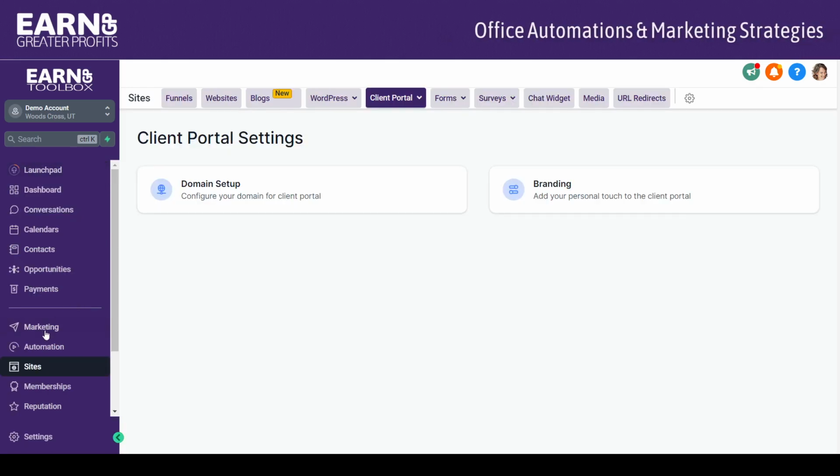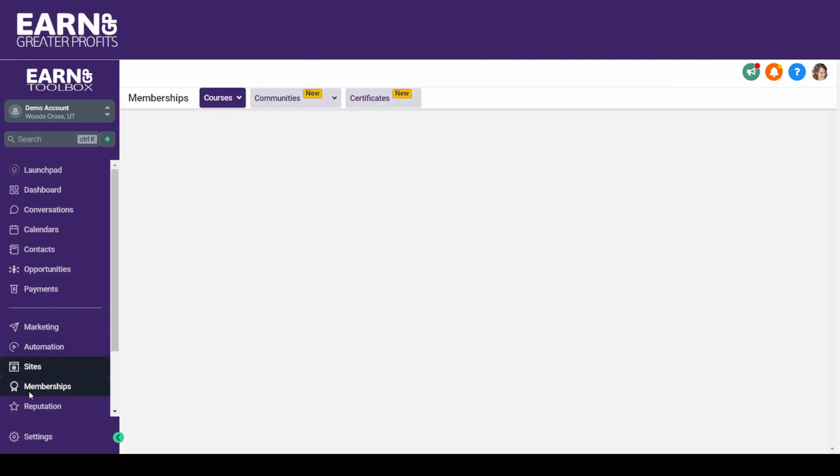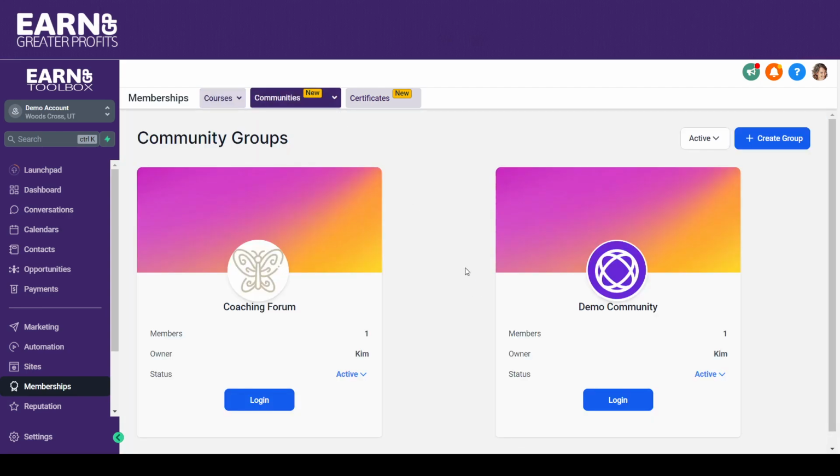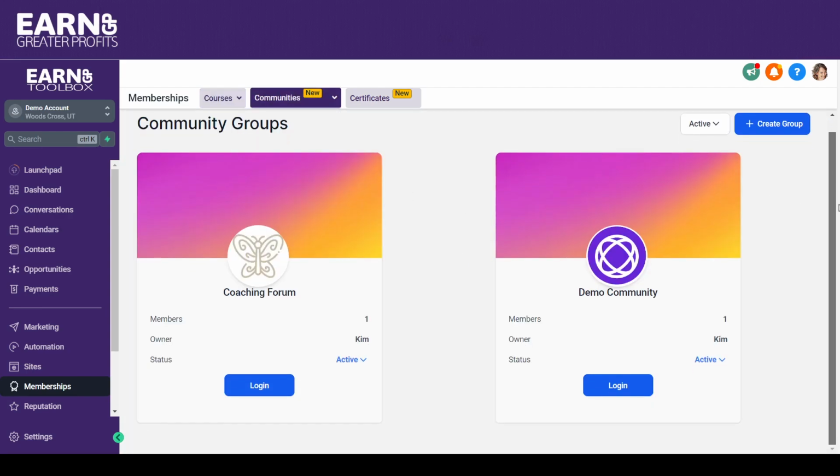So let's just go back to our memberships and go back to our communities. And so that's the basic overview of creating a community or a forum in our platform. Again, it's very simple. And so if you're just looking for a way to get off of Facebook or other forums, because Facebook